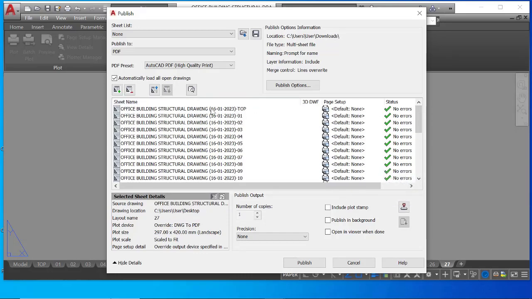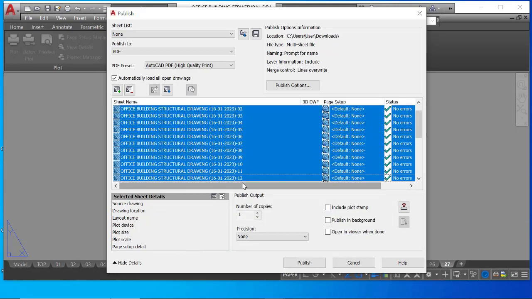Only the layout files will be selected. For making a merged PDF file, drag for selecting.